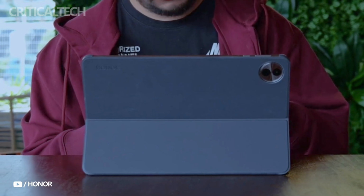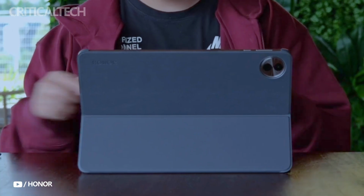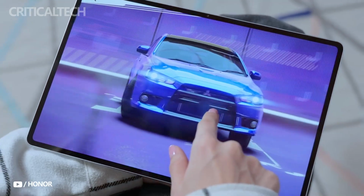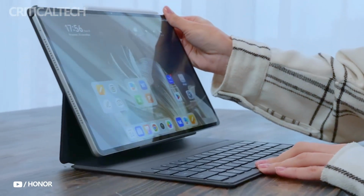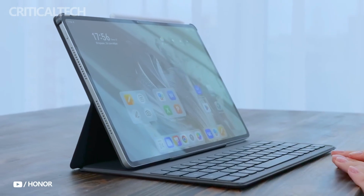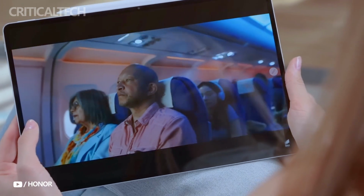At the heart of the Pad 10 is a large 12.1-inch TFT LCD screen that delivers a crisp 2.5K resolution. With a refresh rate of 120 Hz, the display ensures smooth visuals whether you're scrolling, streaming, or gaming. The panel supports 1.07 billion colors and reaches up to 500 nits of brightness. While it's not an OLED screen, it still manages to produce vivid colors and reasonably deep contrast levels for a